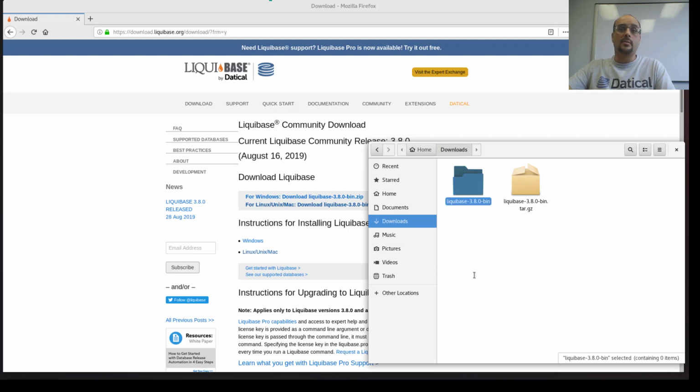Okay, so what I'm going to do is I'm going to move this folder wherever I desire. You can put it anywhere in your file system. It really depends on you. I'm going to put it in my home folder,